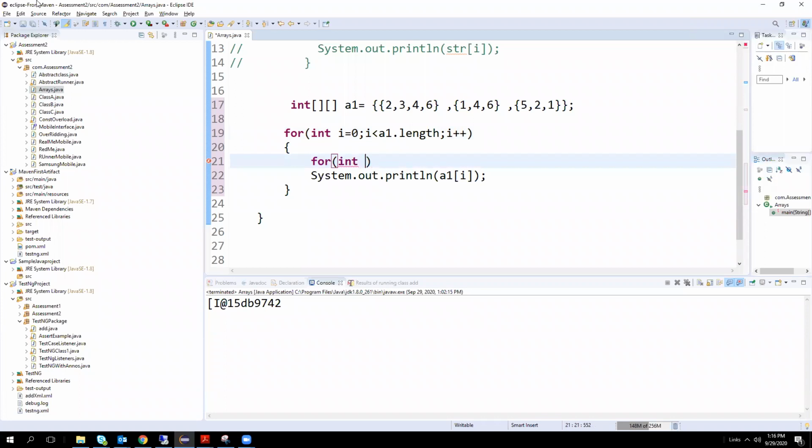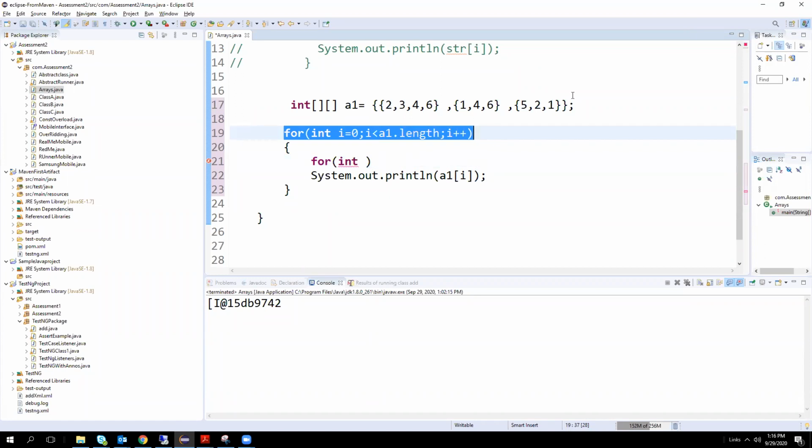Total how many indexes? 0, 1, 2. So it gives 3. This is for the outside of the array.